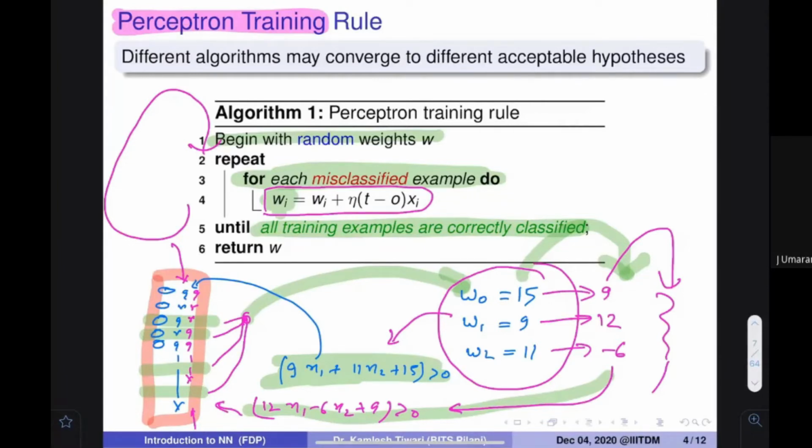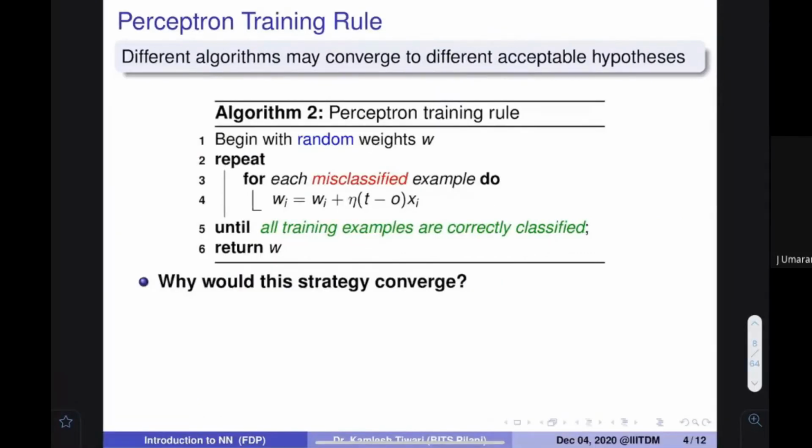How to modify this? I'm not opening this, please don't go into that detail, that how it is modified so that everything becomes correct. This is again a question we are going to address next. For right now, I'm only okay if you understand this part, that in this way I'm going to do things. Make sense? I'm very happy that you understood this. So now let us see: okay, sir, you have told me a method, but how come this method is going to converge?